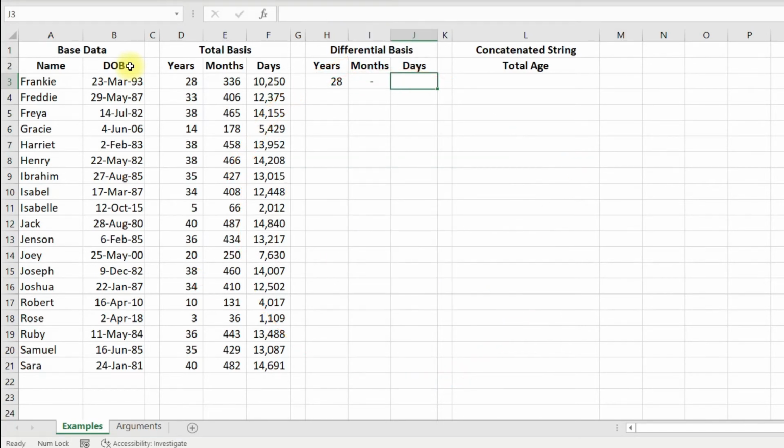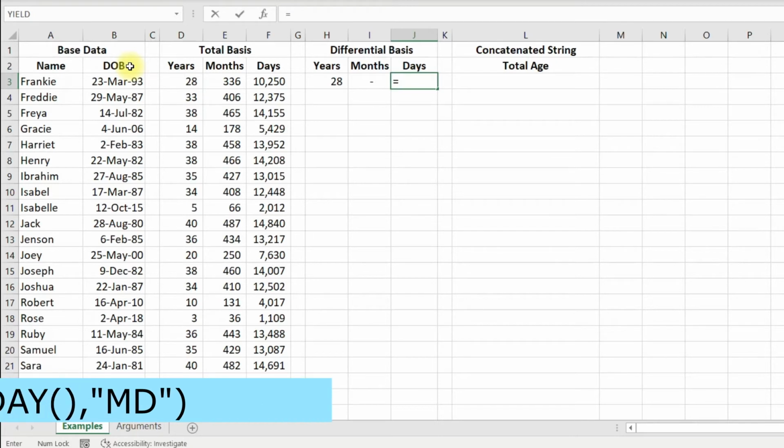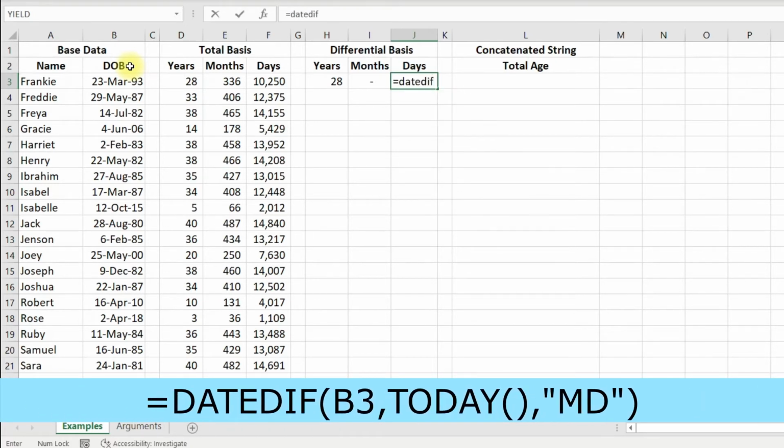Now to calculate the differential days, equal to DATEDIF, start bracket, my start date, then comma, TODAY for today's date, then comma, in the quotes, ignore M and give me the result in D. M stands for month, D stands for day. Now close quotes, close bracket and press enter.